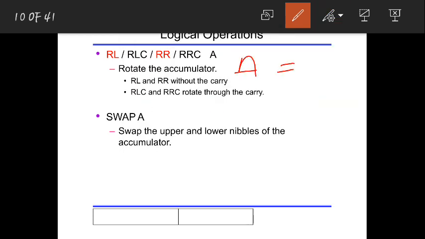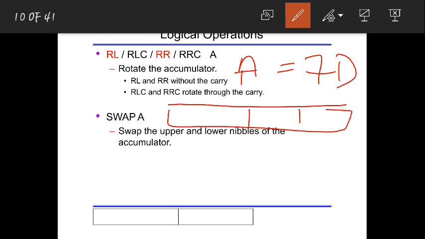So for example, we will consider A is equal to 7D. Now let me write an accumulator here. So 7 means 0, 1, 1, 1.